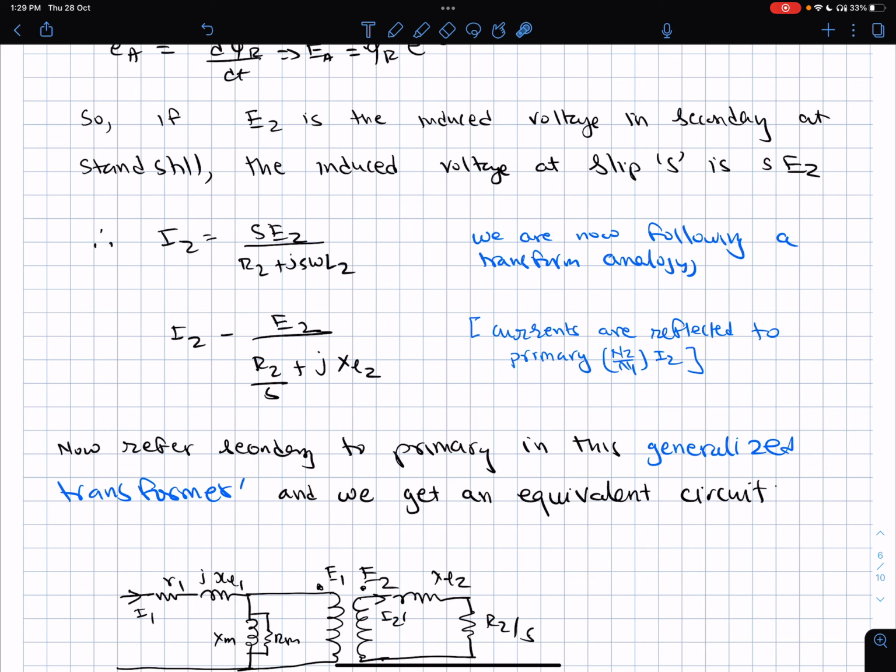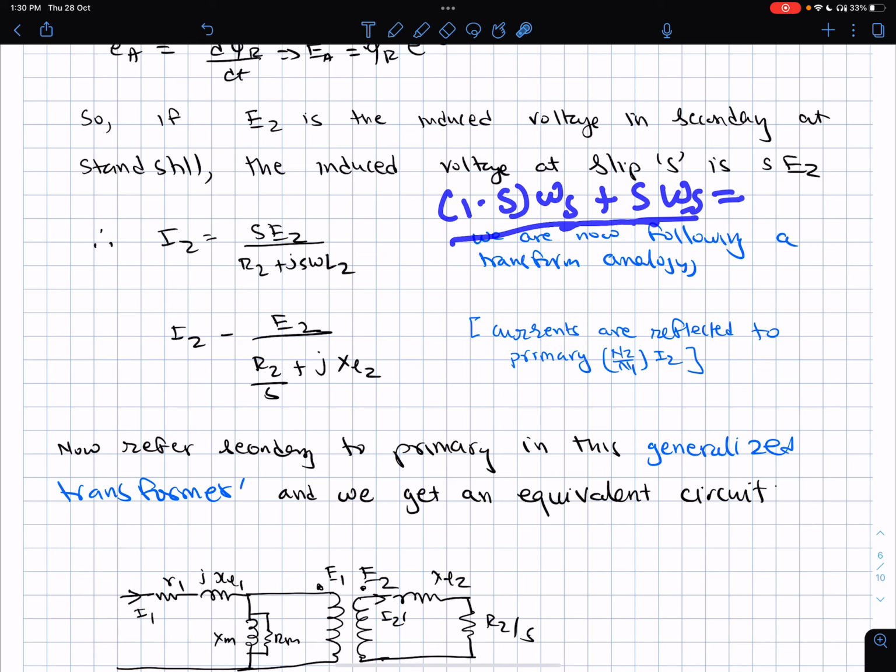These currents are going to create a rotating MMF wave or a rotating B wave due to the three-phase rotor currents, which will rotate at speed s omega s relative to the rotor. But the rotor itself is rotating at (1 minus s) omega s, and the slip frequency over and above this is the rotating MMF wave of the rotor, but the rotor itself is rotating at this speed.